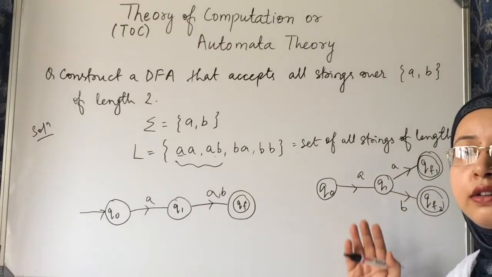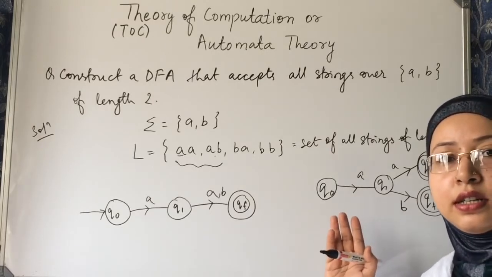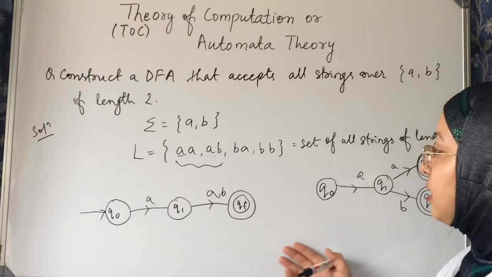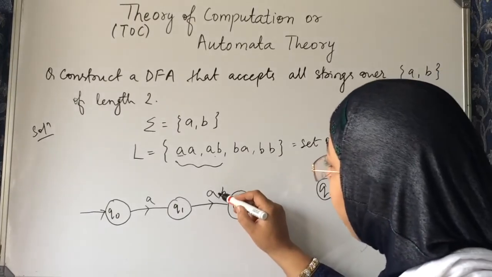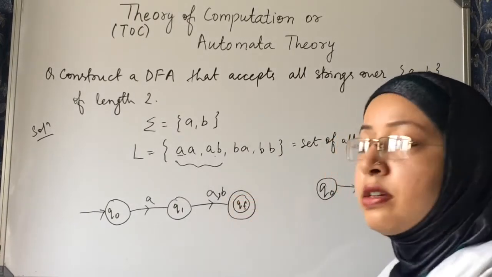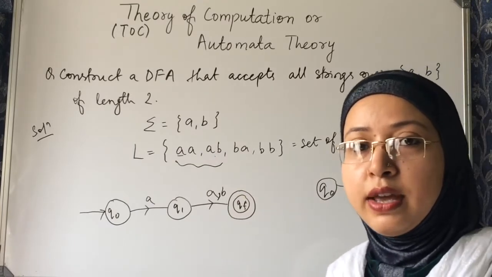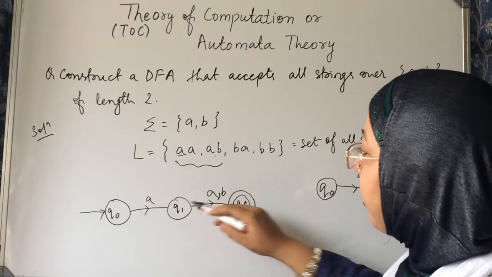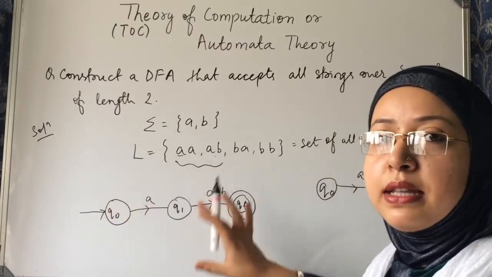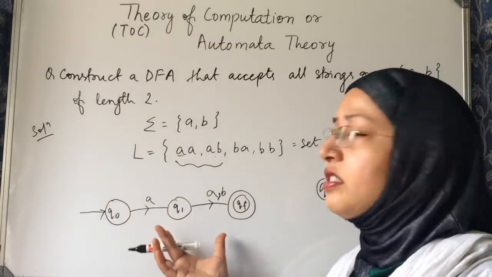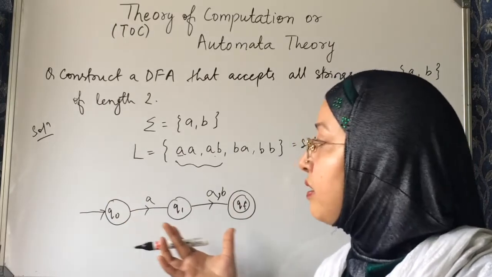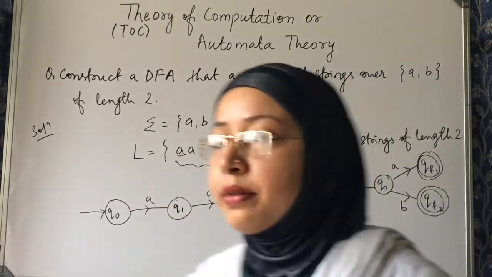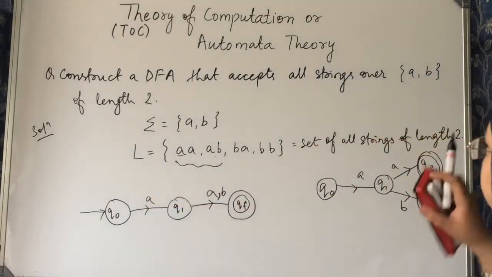But there is no need to make two states. We have to make the minimal DFA. That's why I am writing it like this, with a comma. It is perfectly fine. AA or AB, both will be accepted by this automaton. This is not yet a DFA, this is an FA. I will show you the whole proper diagram, then you will understand that this is the DFA. So I am erasing this.